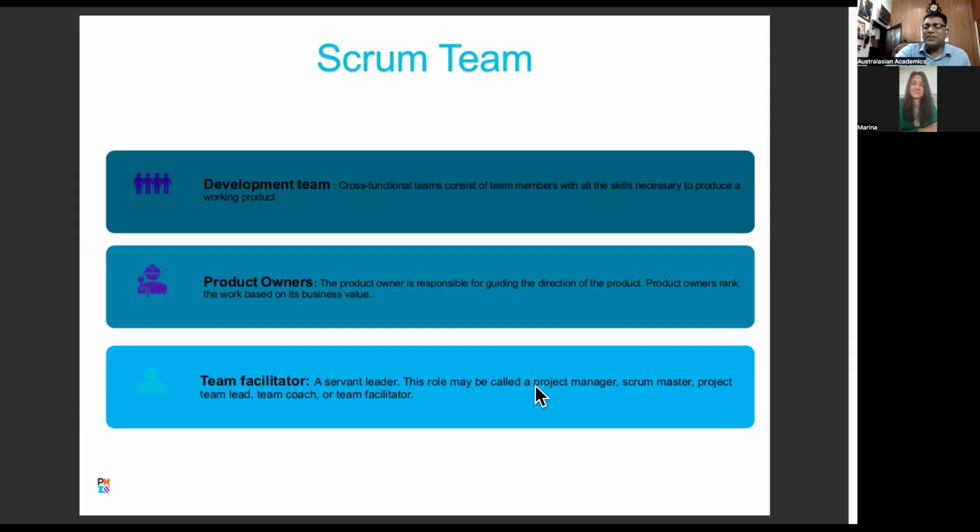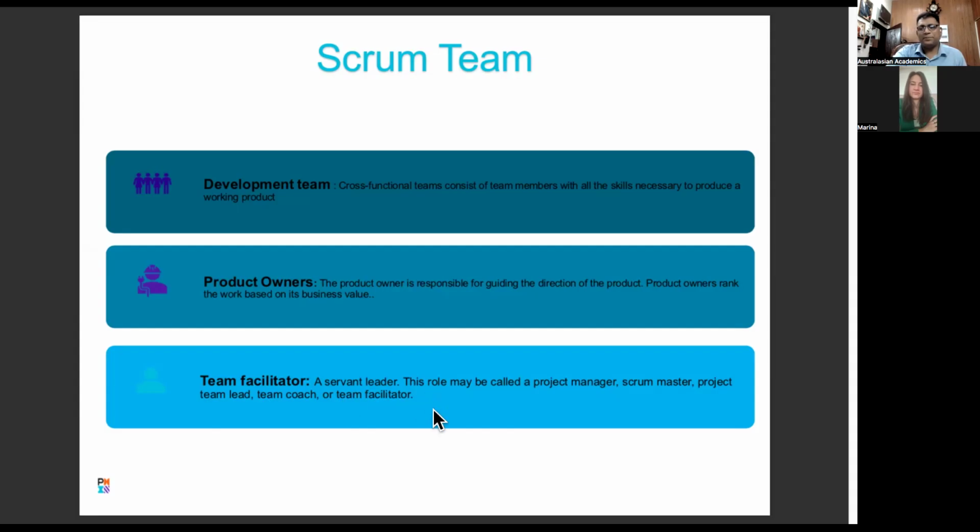Adapting to Agile means people who like to run things in a corporate sector in an autocratic way are giving away their powers. Who wants to give away their power? But it's a concept, and we'll look at some statistics later on how many companies have completely adapted to Agile. Your facilitator could be a project manager, Scrum master, project team lead, team coach, or team facilitator.